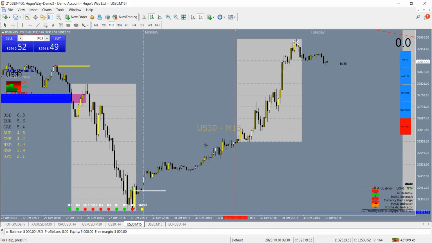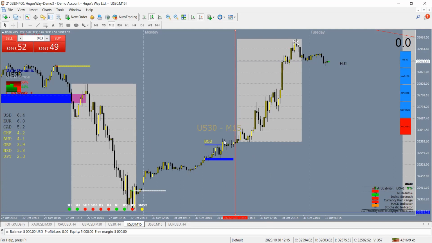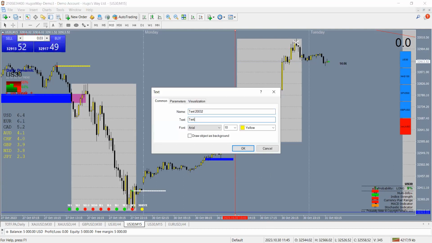This is what I mean. We have a high, a low. This candle was your break of structure. So we're going to write BOS right here. And you'll see that this pretty much happened throughout the day. So after the break of structure, the next phase is to do what? Create liquidity by triggering the seller,